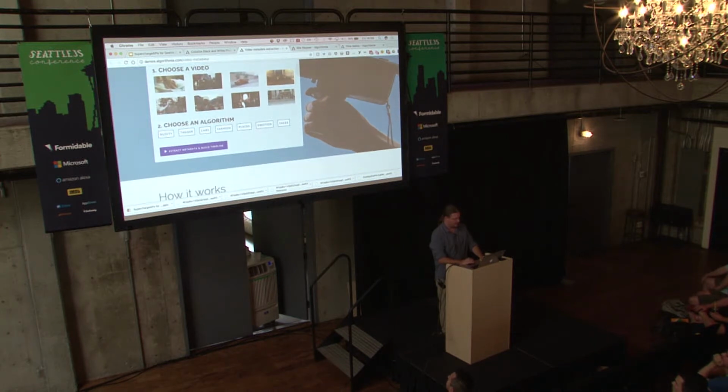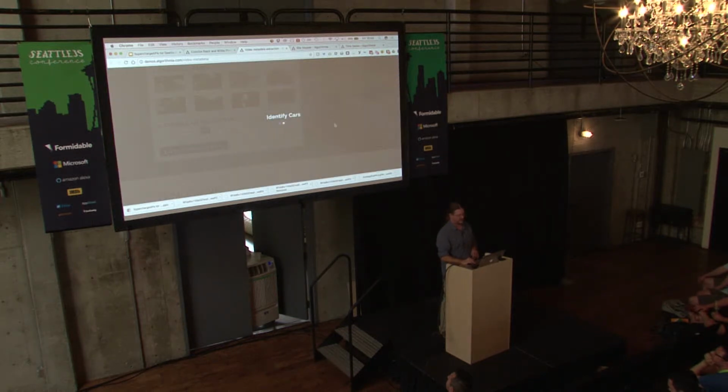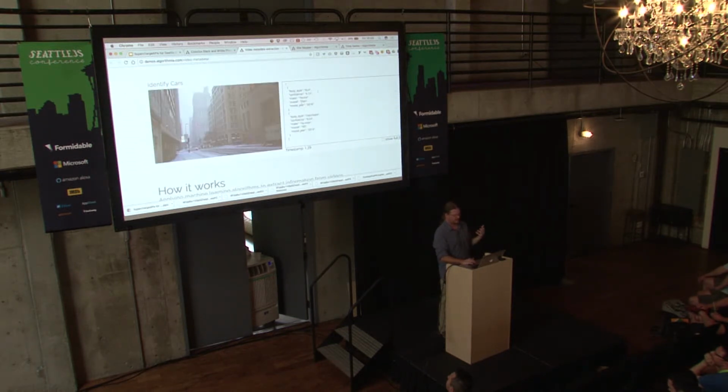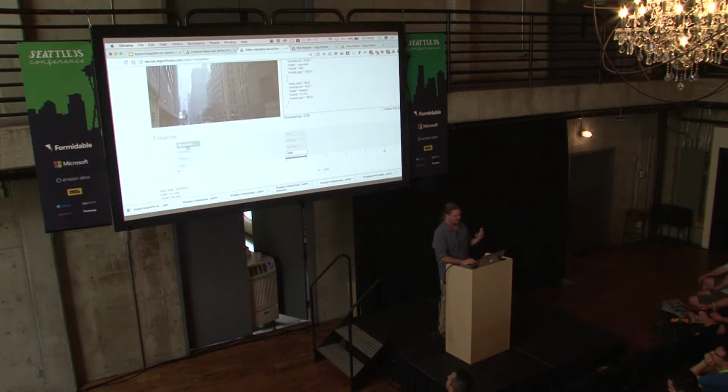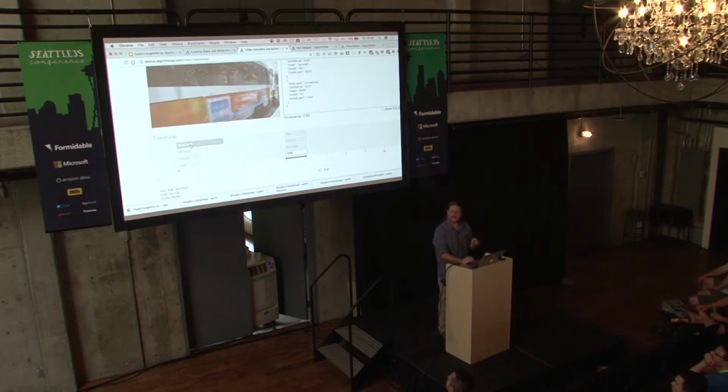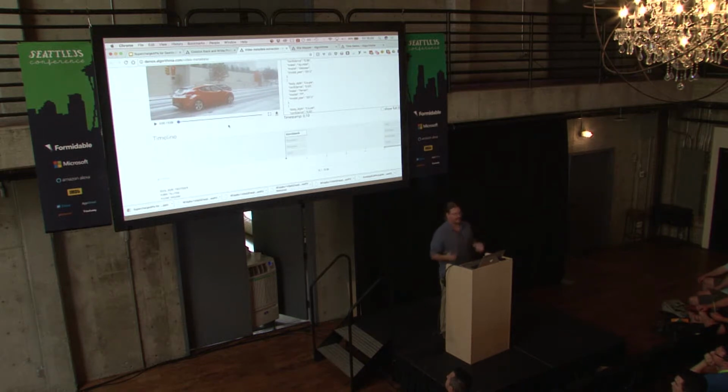And I can do more and more fun things. For instance, there's a model out there which tries to identify car make and model, right? So I can give it this video of this vehicle, and I can go ahead and extract that meta information. It's going to build it out. And then I can toss it into timeline.js. So now I can look at that video, and I can just click right here where it says this is a hatchback Hyundai Veloster 2013. Boom. Yep, in fact, that's what it found at that point in the video, right?